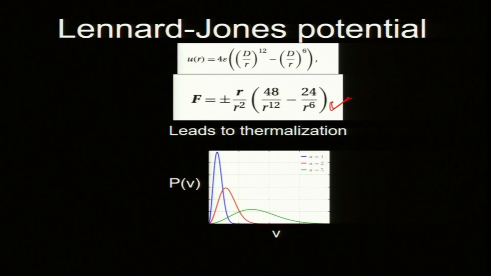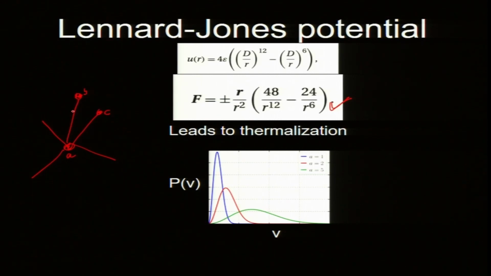So, what do I need to do? There are many particles, so I need to pick a particle I, or particle A. My notation differs slightly from the formula I wrote in the previous slide. Particle A is interacting with all other particles. Okay, so this is particle B, particle C.